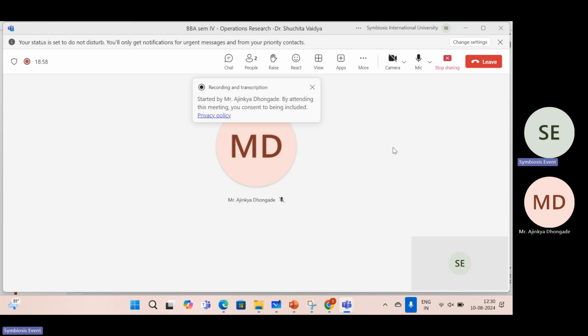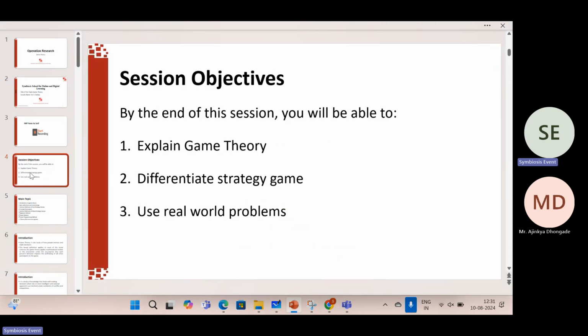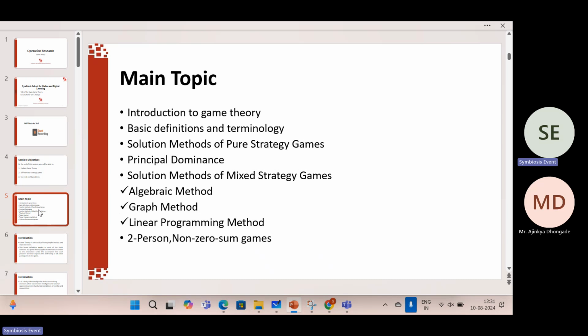Last time we started game theory. I'll just revise quickly what we did in our game theory portion. We started with the objective of what game theory is, and what the different ways to solve these problems are. If we discuss it in terms of main topics, then it is going to be